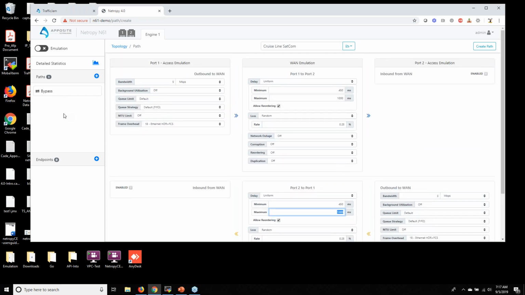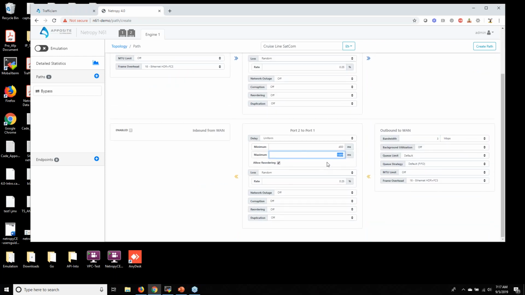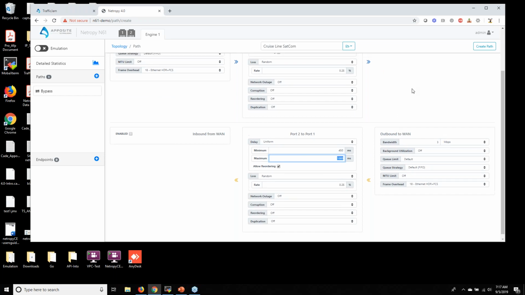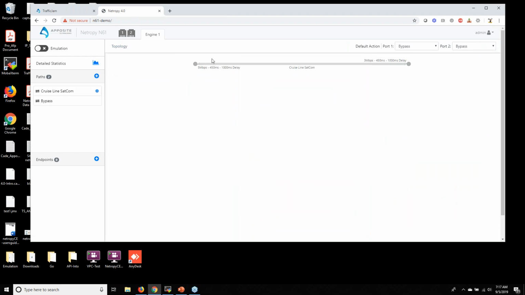So if we were to do a ping and do a round trip, it would be between 900 milliseconds and 2 seconds with packet reordering and dropping, about 50 packets out of 1,000. So I'm going to go ahead and create this path. And you see here it creates a visual rendering on our topology view of this cruise line SATCOM. So now I need to do some tests over this line.